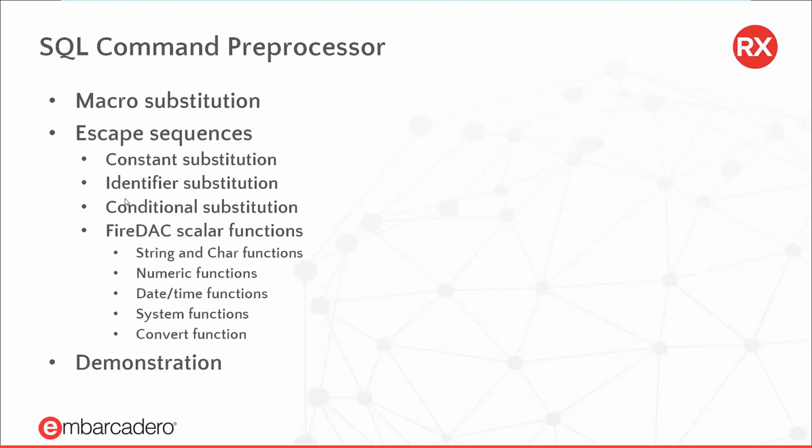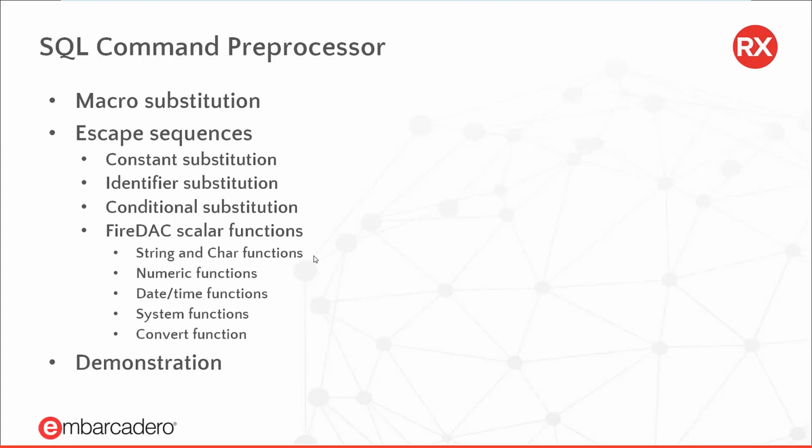And then finally, the FireDAC scalar functions, there's a large collection. It must be 60 or so different functions that you can use, and FireDAC will drop in valid values. So you could do substrings, you could do various numerical functions and arithmetic functions. You can do date-time operations, and I strongly suggest looking at the FireDAC help for the SQL scalar functions. You'll find that there's a real wealth of stuff there. And again, what happens is the SQL command preprocessor will examine this query and then execute the function as part